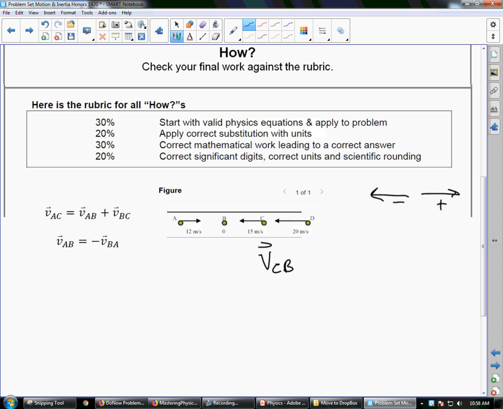So, velocity of C with respect to B is, for me, negative 15 meters per second. It's negative because it's pointing to the left. And then if I use my second equation here, the velocity of B with respect to C would be the opposite of that, or negative and negative, which is positive 15 meters per second, if I'm just swapping between the two frames of reference. If I'm doing more than that,